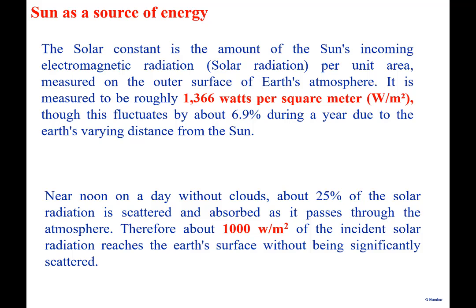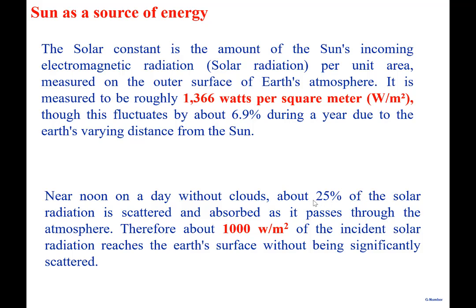When we are talking about a solar cell as a device for harnessing solar energy and converting it into electricity, the first issue is how much power is really available, right? So here are some numbers. This is the outer surface of the Earth's atmosphere. There are some applications, especially satellites and other space applications, where this number is of interest, 1366 watts per square meter. On the surface of the Earth, as the solar radiation passes through, it gets absorbed by various gases,